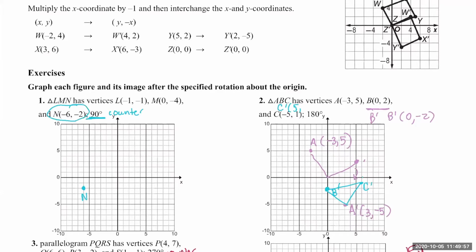Okay, so we know for 90 degrees, any direction, we switch x and y. We go in a counter direction, which is in this direction. So 2 and 6. But in this quadrant, 2, 6 is really 2 comma -6. Good, that's n prime. So very nice. All right, you guys. So I'm going to stop and just ask you guys a